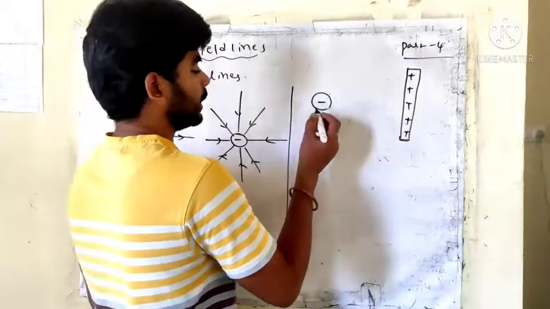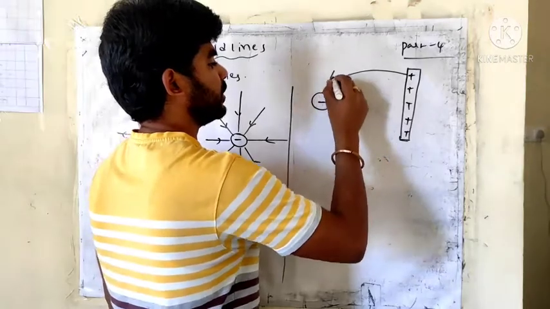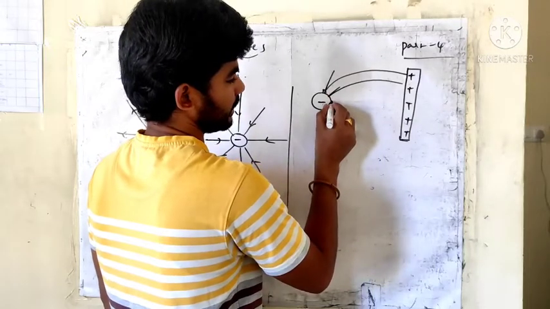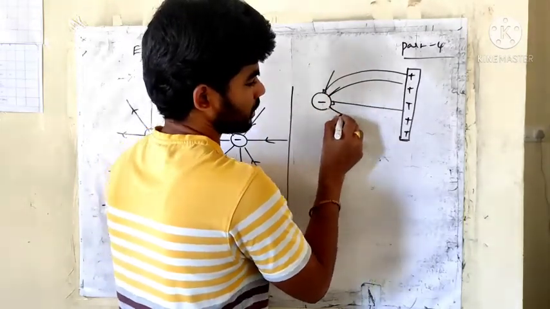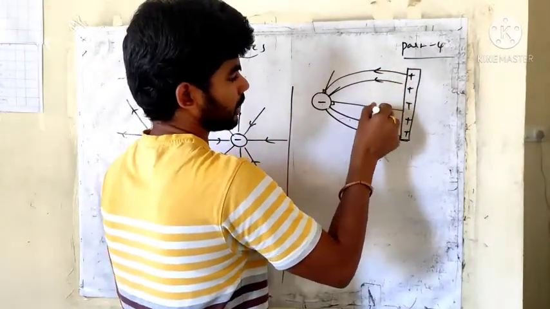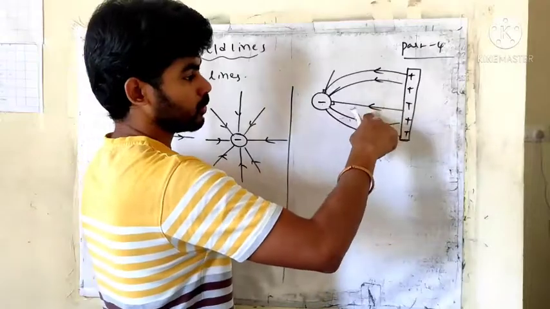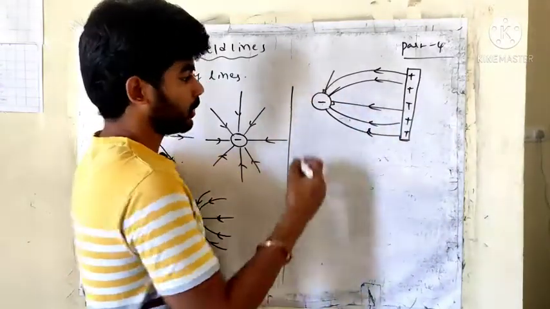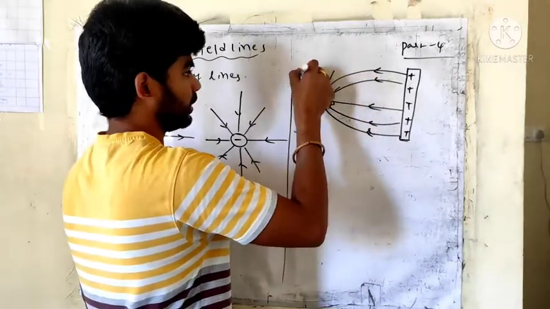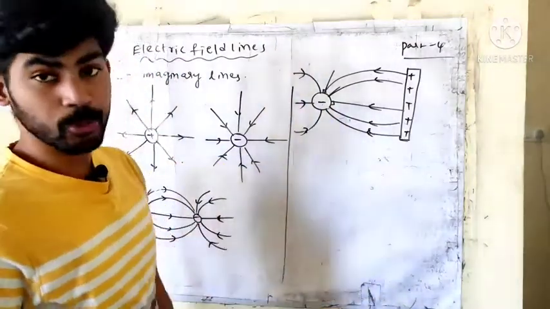The negative charge is attracting, and the positive charge is radially outwards. Where you are drawing, the field lines are at 90 degrees to the plate, again 90 degrees here, here, and here. Positive charge means outwards, diverging lines. Negative charge means inwards. So the field lines are generated like this. This is very important.